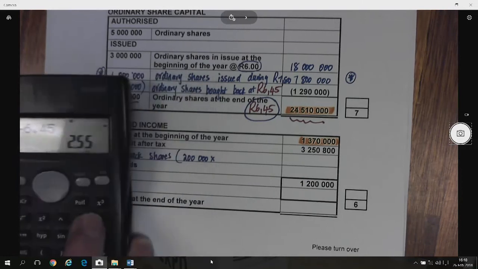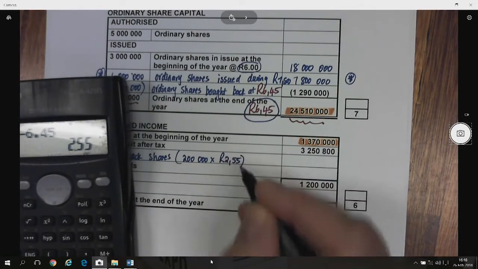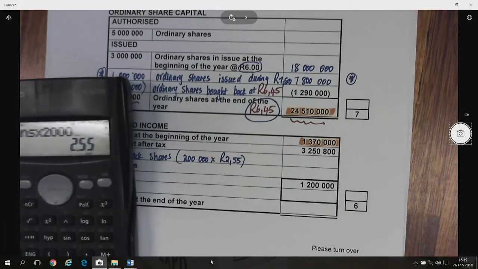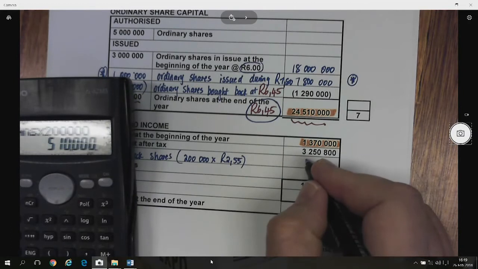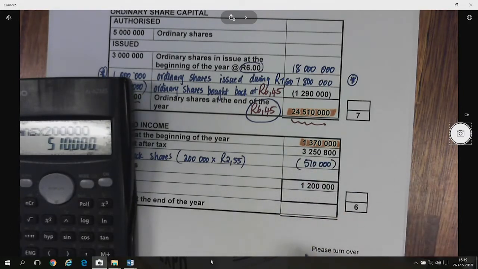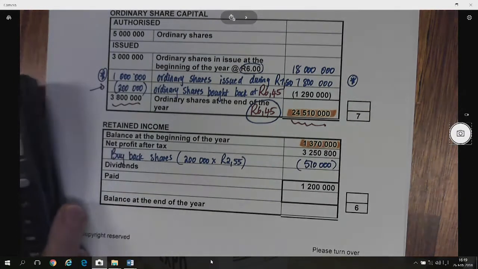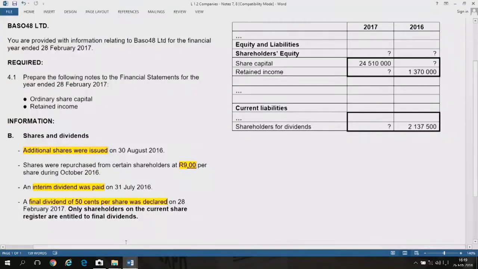That gives us R2.55 times 200,000 shares, and that gives us 510,000 Rand, always in brackets, because we buy back shares. The dividends, remember that they don't give us information on the interim dividend. They just say was paid, but luckily they show us what to do. And then the final dividend